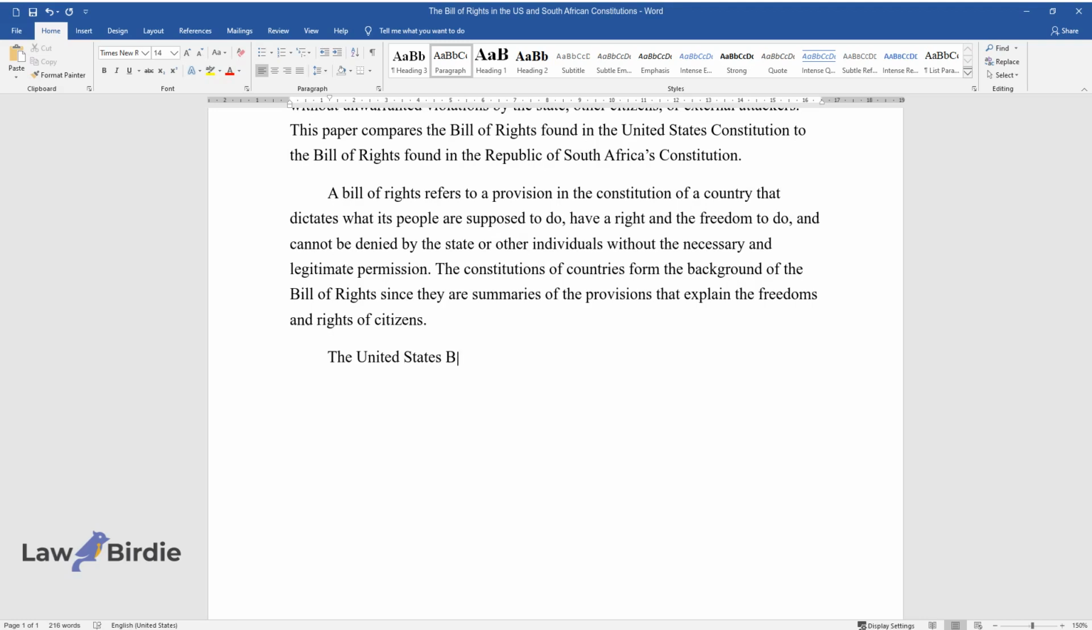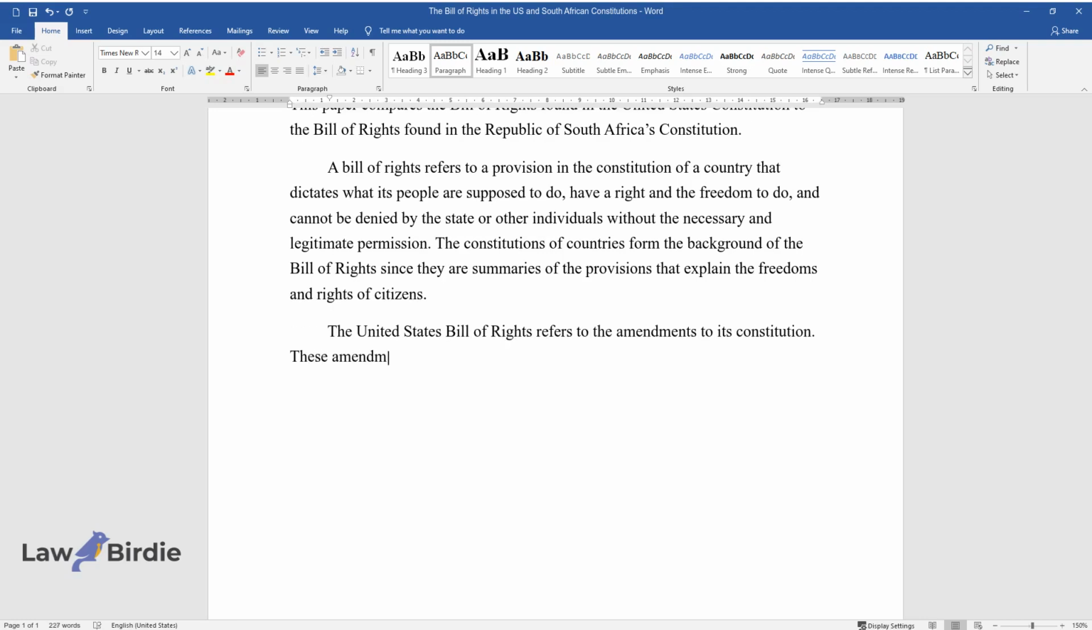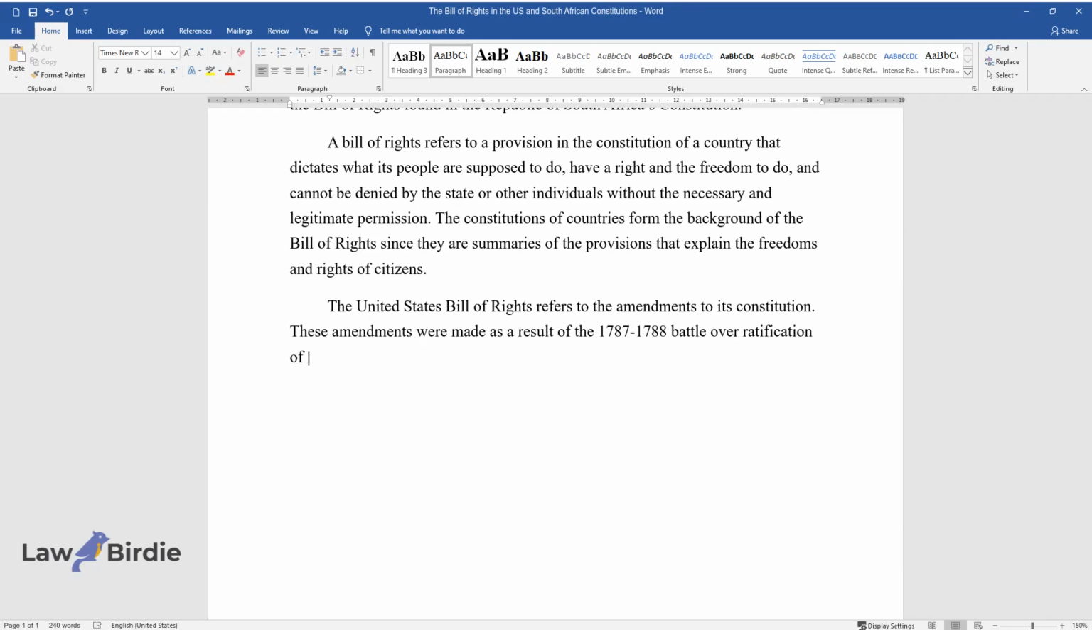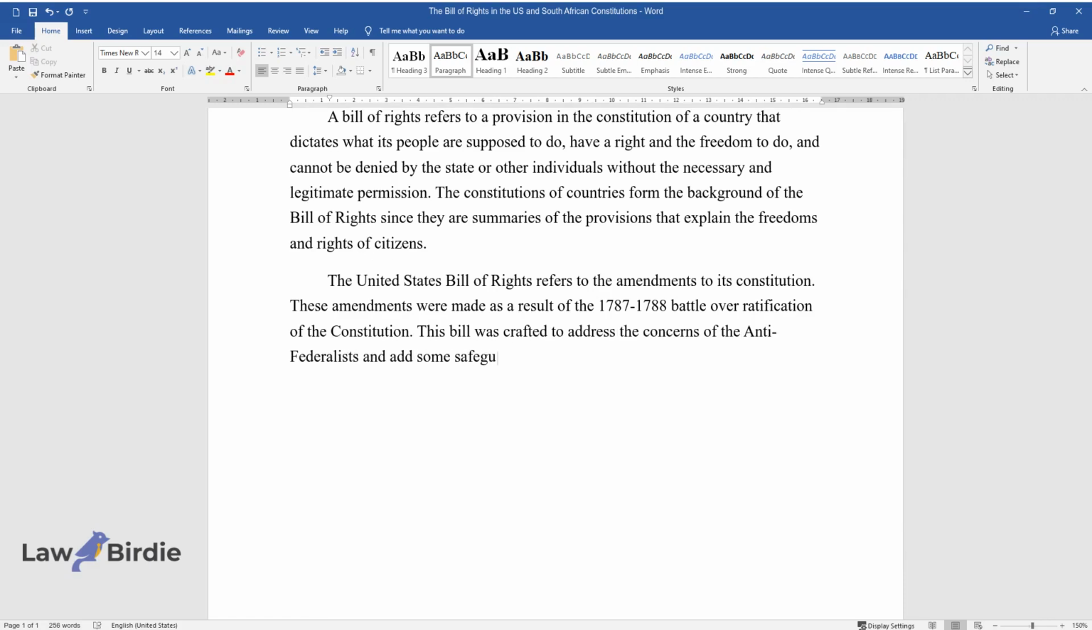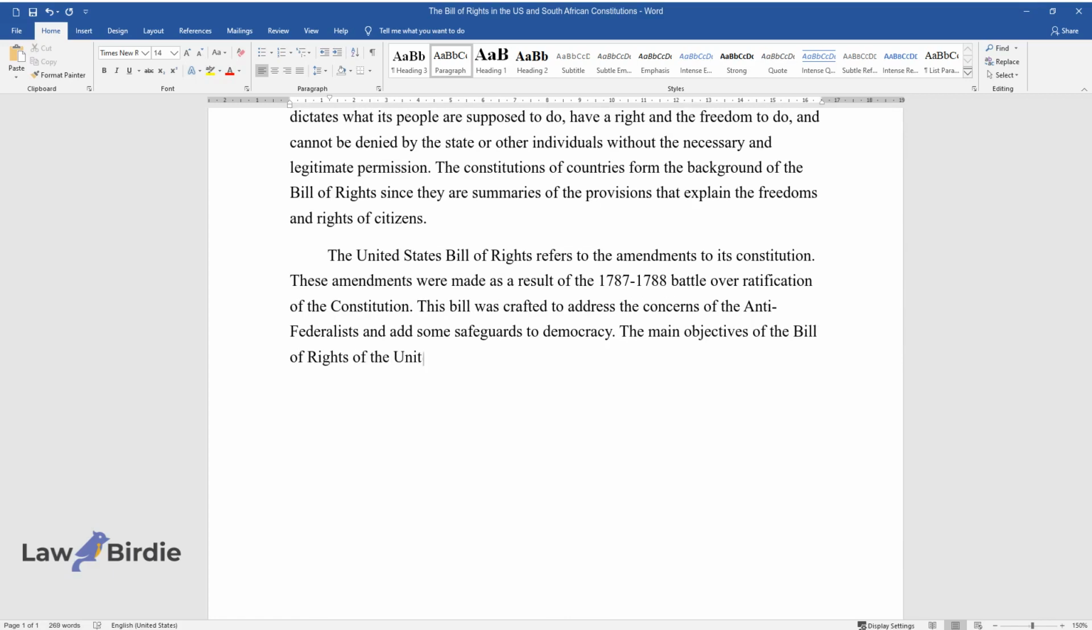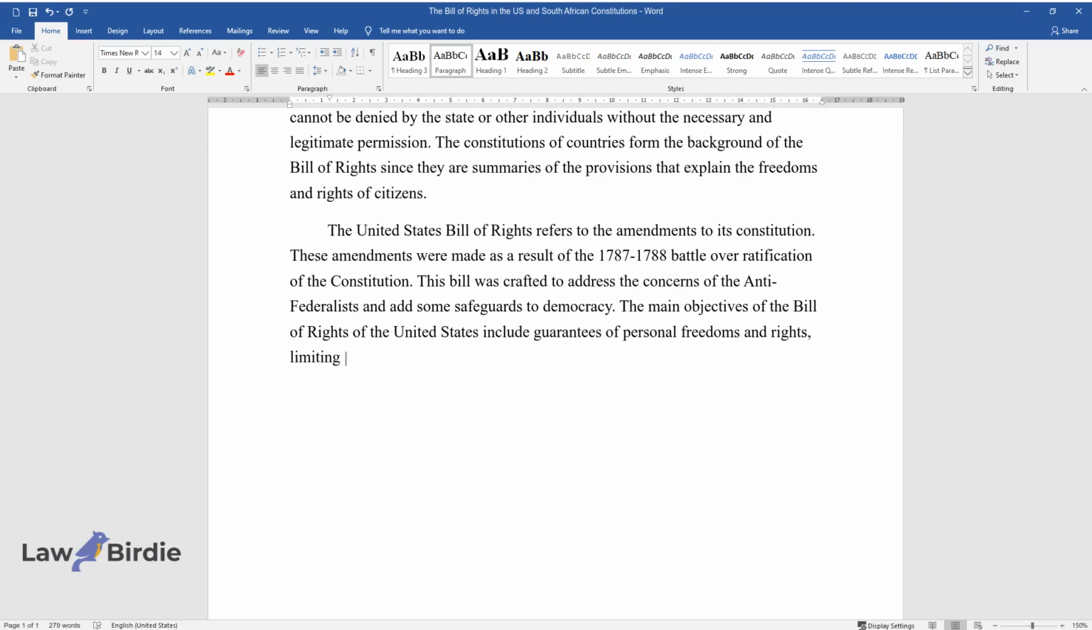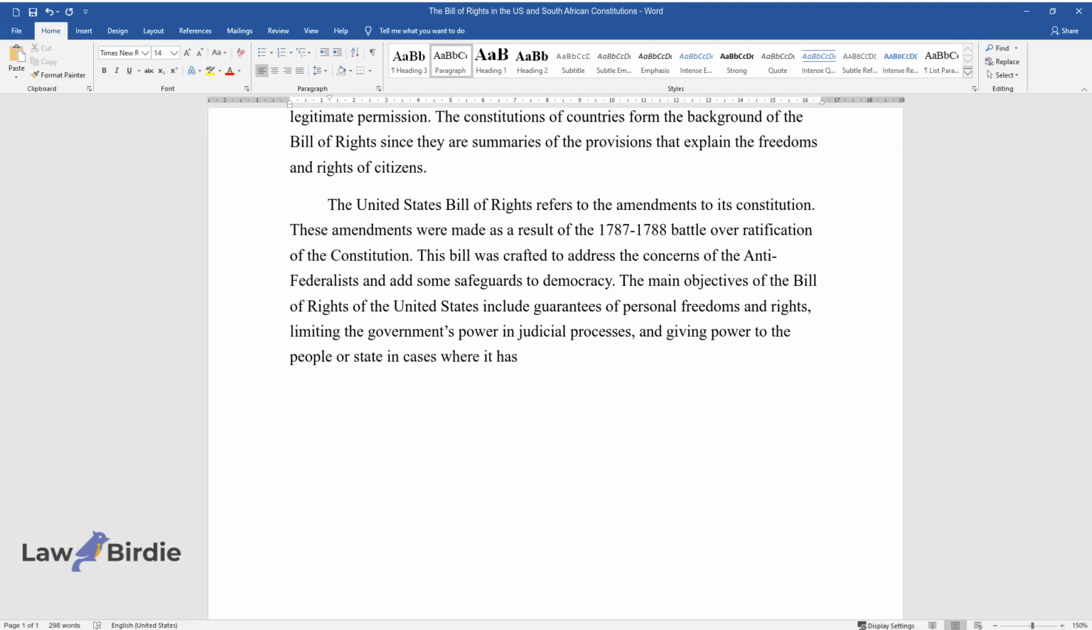The United States Bill of Rights refers to the amendments to its Constitution. These amendments were made as a result of the 1787 to 1788 battle over ratification of the Constitution. This bill was crafted to address the concerns of the Anti-Federalists and add some safeguards to democracy. The main objectives of the Bill of Rights of the United States include guarantees of personal freedoms and rights, limiting the government's power in judicial processes, and giving power to the people or state in cases where it has not